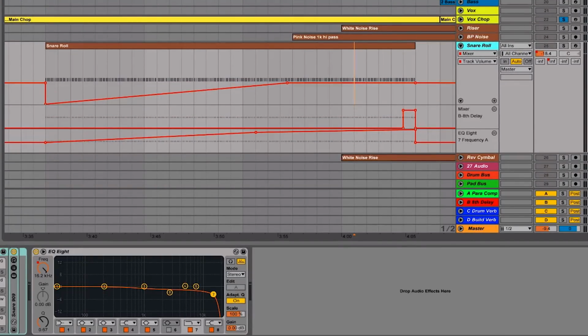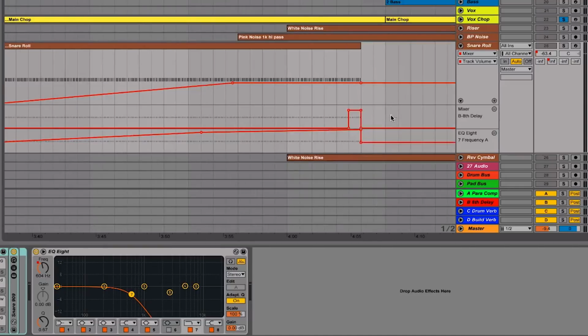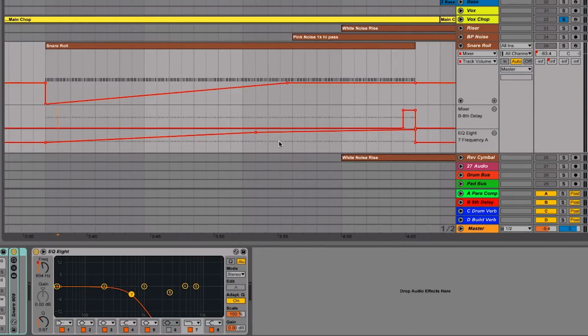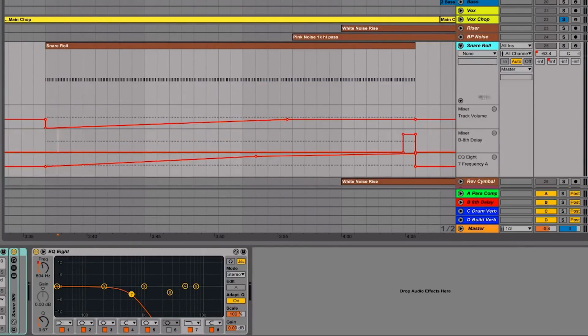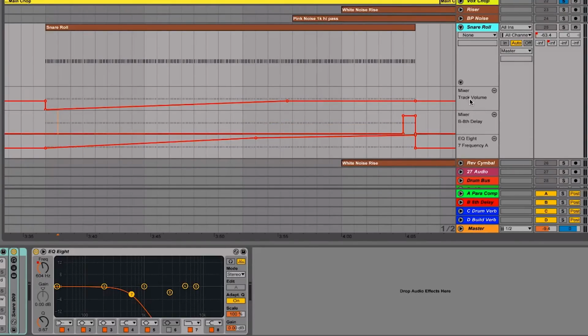Cool. So we can see that down here, we can see the automation that we've done on the mixer. We can see the EQ automation that we've done, and we don't have to flick through these menus. If we right click again and do add another automation lane, the mixer track volume is going to come down there as well. You can add as many of these automation lanes as you want. I believe there might be a restriction. Obviously, it's going to get crowded, but you can add a reasonable amount of these